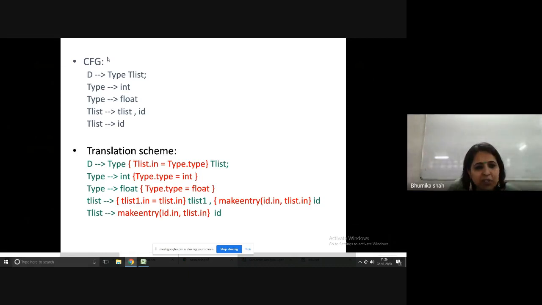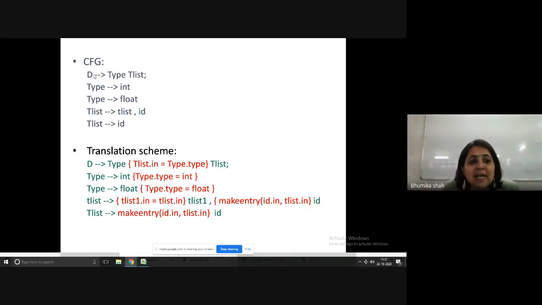This is the type declaration grammar for which we have written the SDD type translation scheme over here. Now we know that this is not an S attributed grammar, and we don't know whether it is L attributed or not. As it is not S attributed grammar, we cannot have all semantic actions embedded at the end. So for each and every rule we have to check which kind of attribute that rule is generating. If it is synthesized, right at the end. If it is inherited, right in between. So we'll see that one by one.